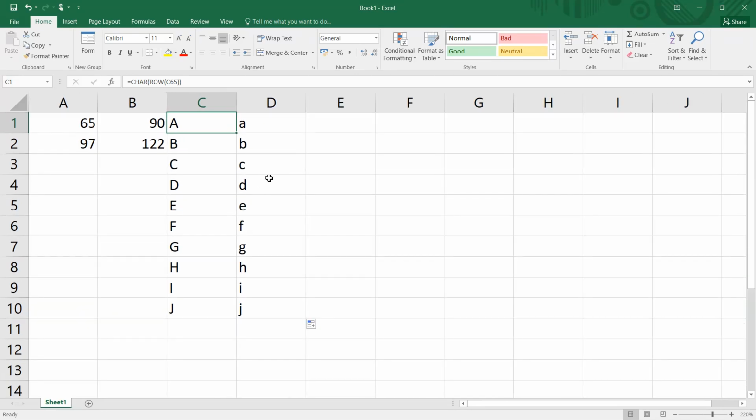You can use these two features to give some serial number to a table. Serial number means 1, 2, 3, 4, and also you can use in the serial number, instead of using 1, 2, 3, 4, if you wish to give the labeling of the serial number as A, B, C, D, you can use these two features